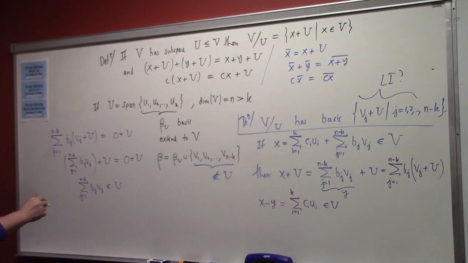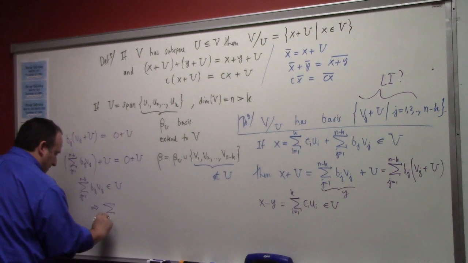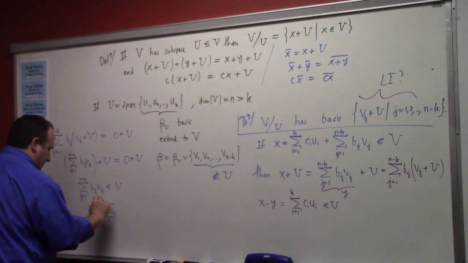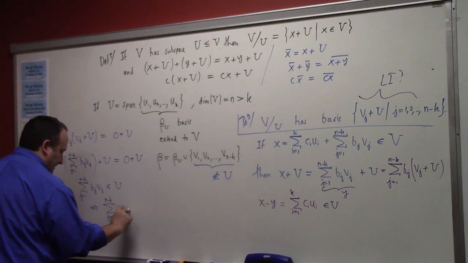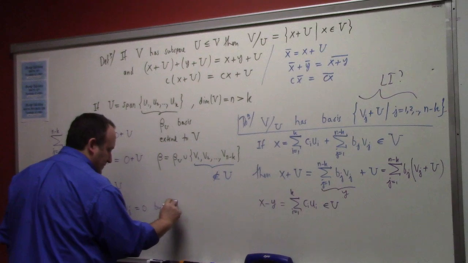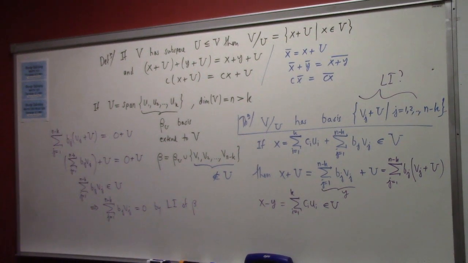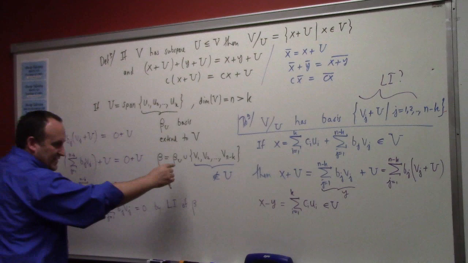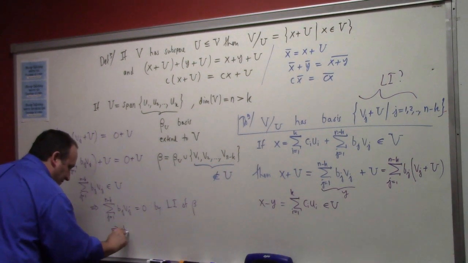So this implies that the sum, and admittedly there's probably a paragraph to write there, but essentially that's it. So this sum of c_j v_j is equal to 0 by linear independence of beta and the construction of the v's. But then, because it's a basis, because these are constructed to be linearly independent, that implies that the b1